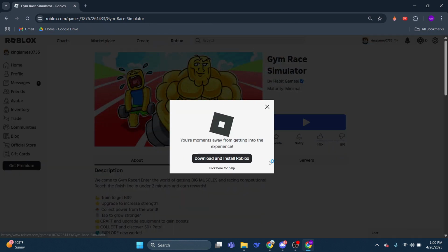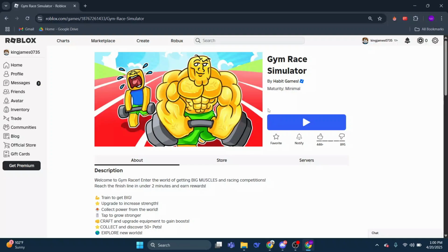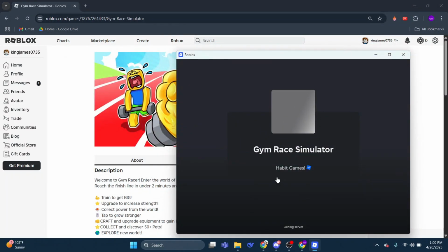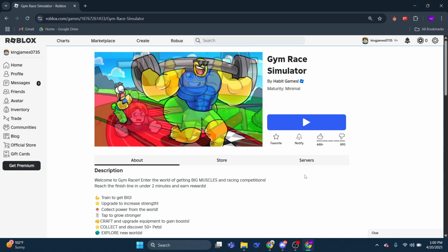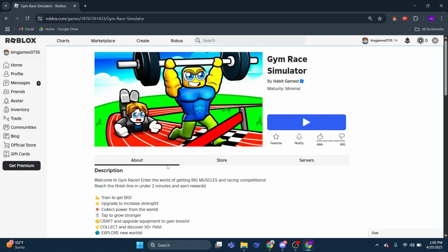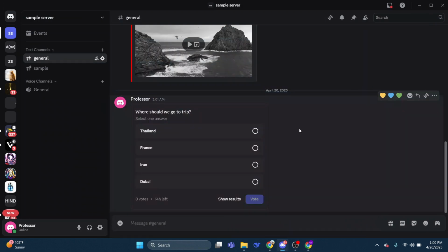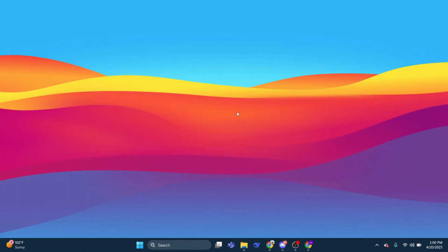Now, if you tried that and you're getting an error message saying that basically you still need to update Roblox or something like that, what you're going to need to get around this is just fully uninstall and reinstall Roblox onto your PC. Now, to do that, what you're going to want to do is come back to your desktop,